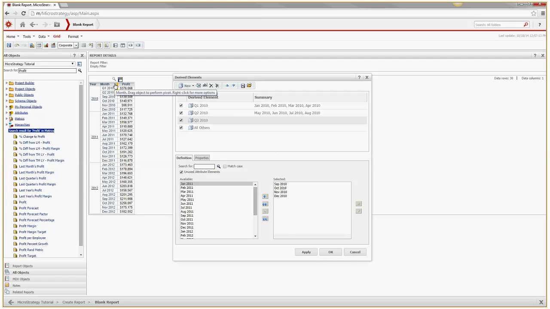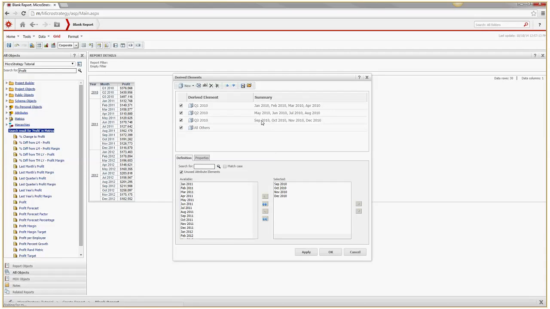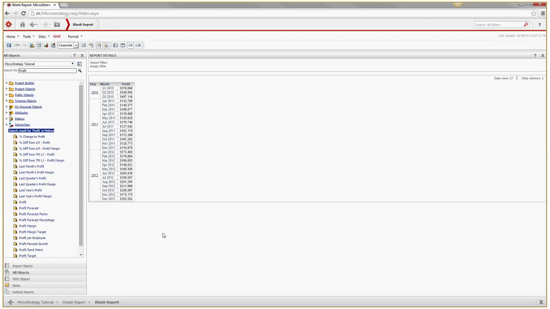So before I close this, you can observe how Jan to April and May to August have got replaced with the list that we just created. But you see September, October, November and December still being displayed as individual items. That's because we didn't form the group. So now I have formed the group and I've called them September to December. You can click on Apply if you want to see that you have the right summary over here. You can close this by clicking on OK. So this is how you create groups or derived elements on the fly.